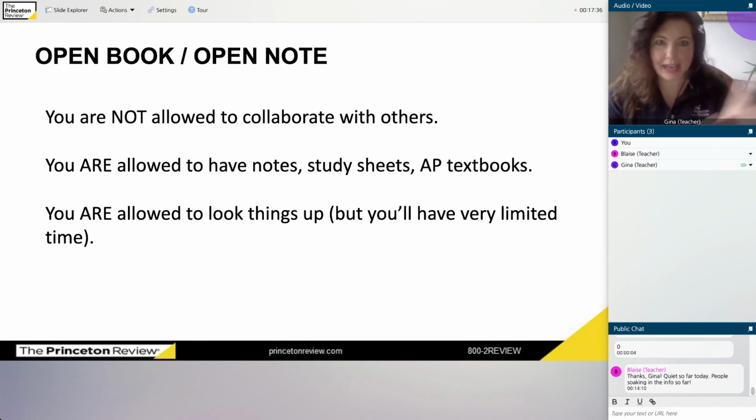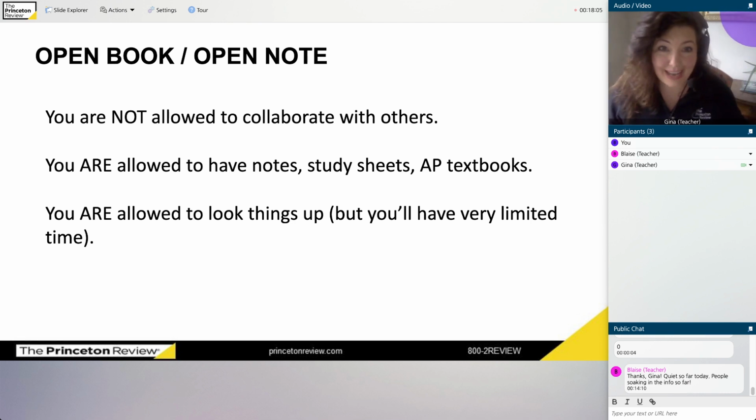So you can't have anybody in the room telling you what to write. You can't be texting your friend while you're taking the AP. These are all bad ideas. Now, you might be wondering, well, how would the College Board know if I cheated, right? How would they know that? Maybe I could just get away with it. Probably not. Here's why. You will not be monitored with any kind of a webcam, okay? And nobody from the College Board is going to be standing in your living room watching you.